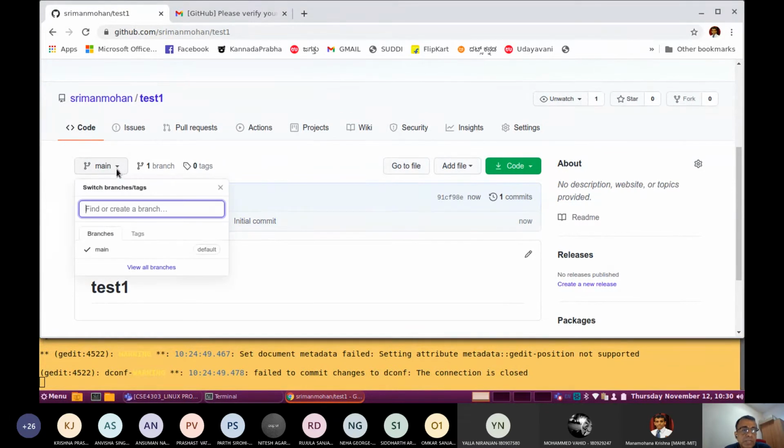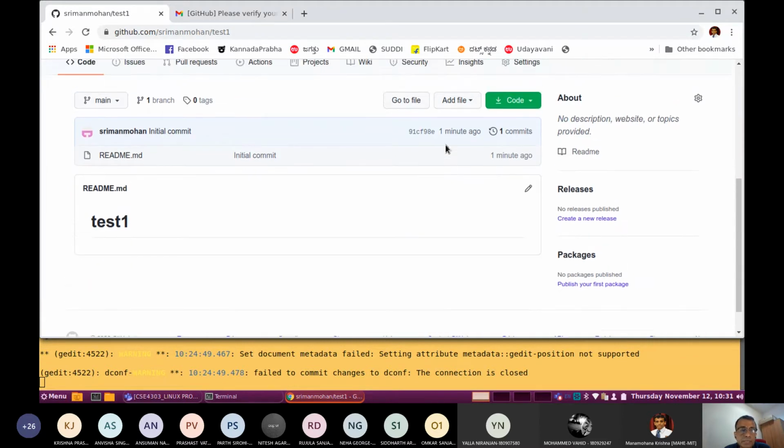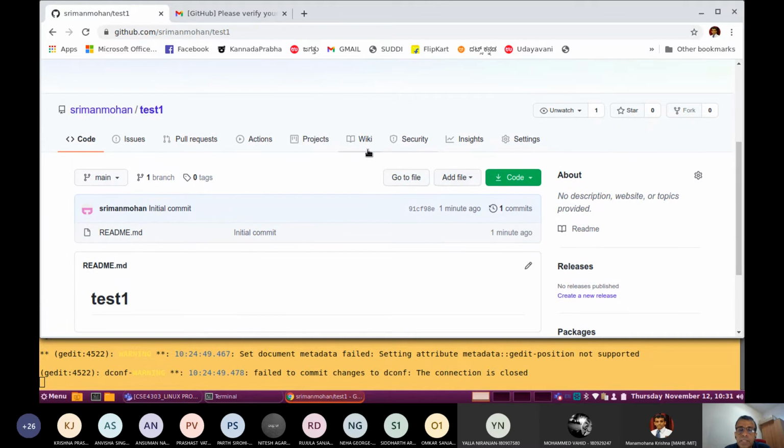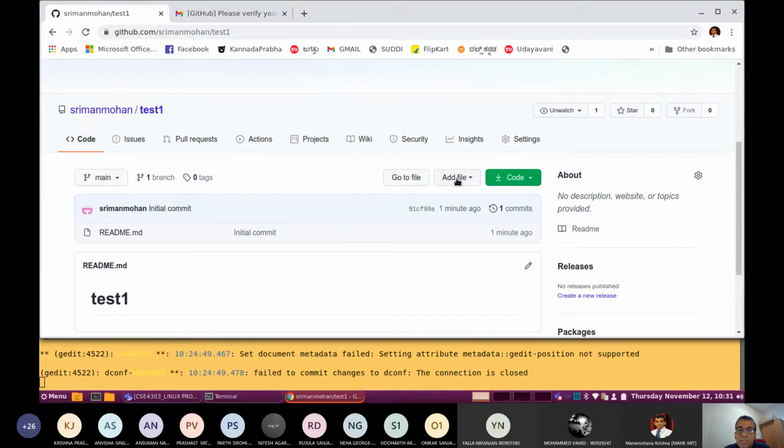Now look into this. This is the main branch, or the so-called master branch here, because there is also notice this particular point where I am pointing the cursor. This is the master branch, the only branch right now available to you, the main branch. Here you can create some content, some file or some program can be created. Or you can add one file also.